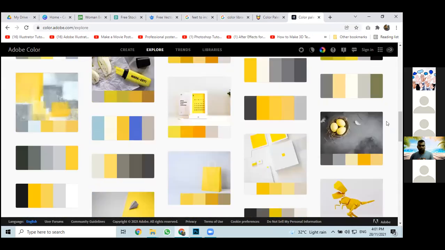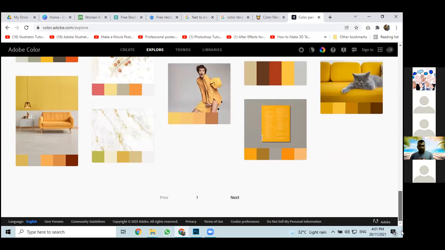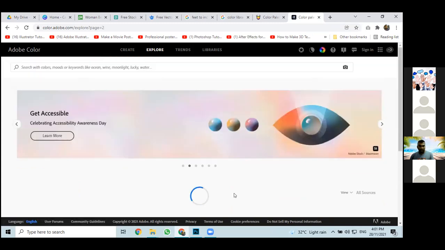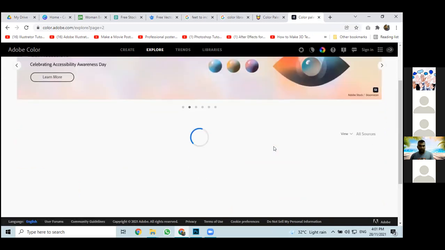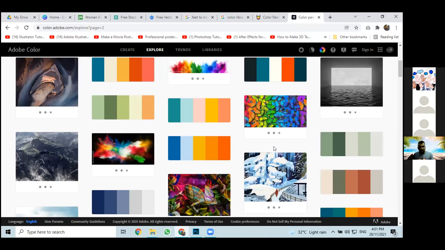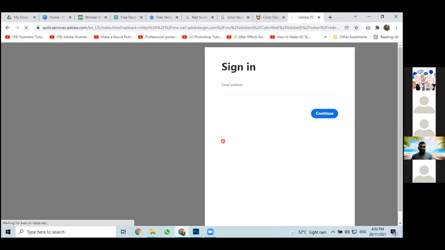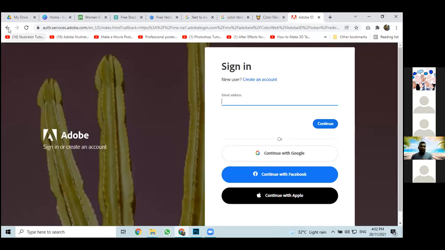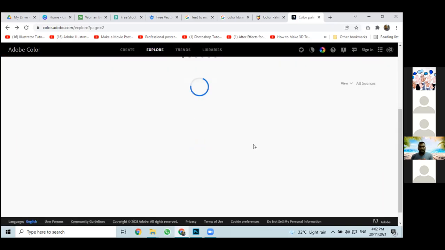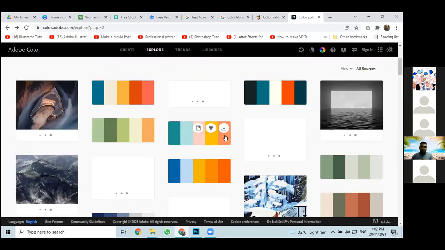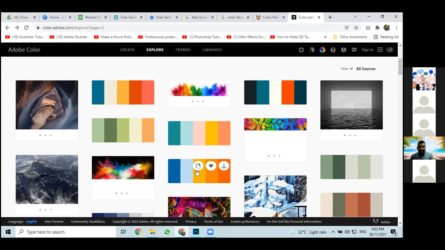Last time they had more colors, but okay, this next. You're not able to download it, but of course you can download it as a JPEG. Okay, it requires you to sign in, and I don't want to sign in. But just in case you don't know how to get the color code,